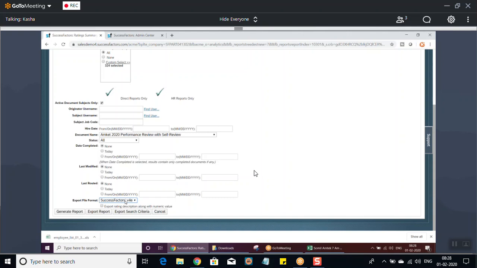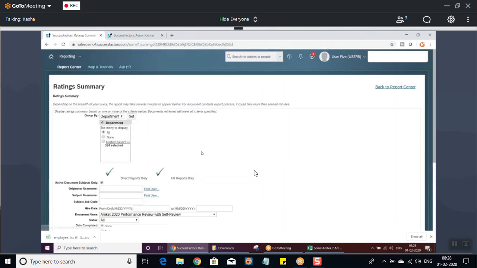Let's see what SuccessFactors V4 is. Let's select this one. What I'll do is export the rating description along with the numeric rating, okay? And then generate this report. Once you generate this report, it will take some minutes, five to 10 minutes, to generate this. So we'll have to wait five to 10 minutes before the reports start